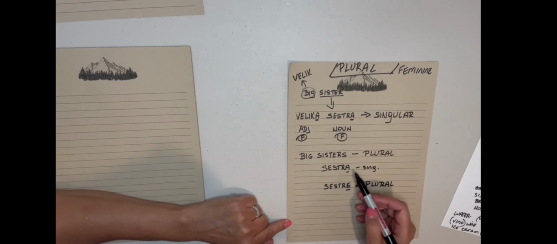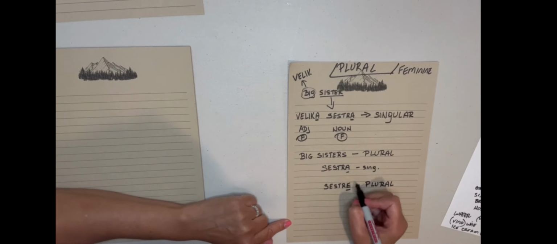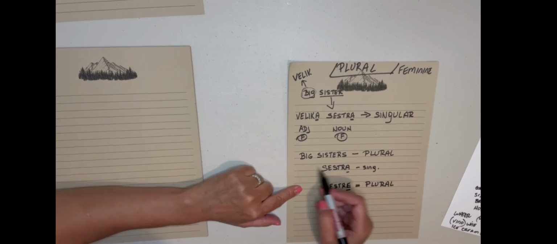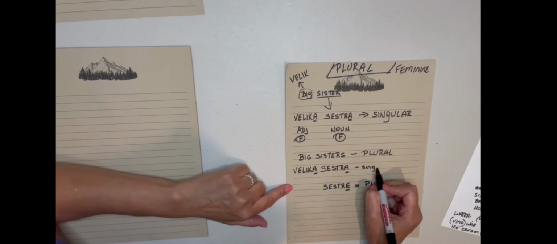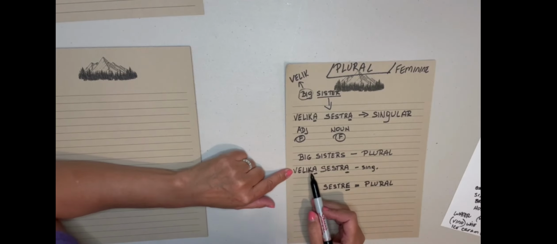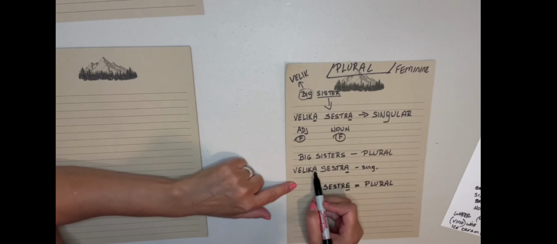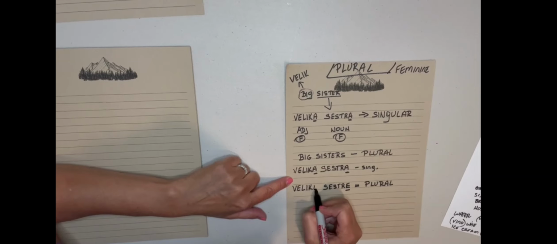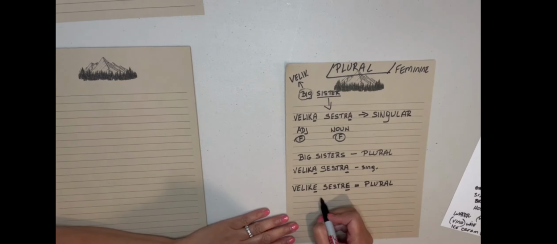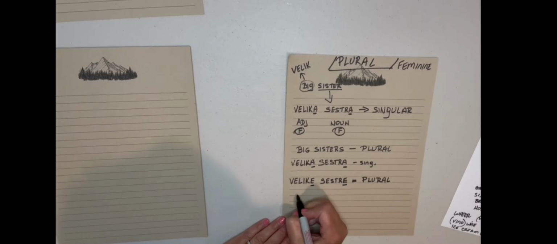The A changes to E. This is sisters. Sister, sisters. Okay? So, my big sister, velika sestra, singular, in plural, the adjective also needs to be a plural feminine adjective. So I'm going to change the A into an E, and I will say velike sestre. This is my big sisters. Big sisters. Okay? So the adjective must also be plural